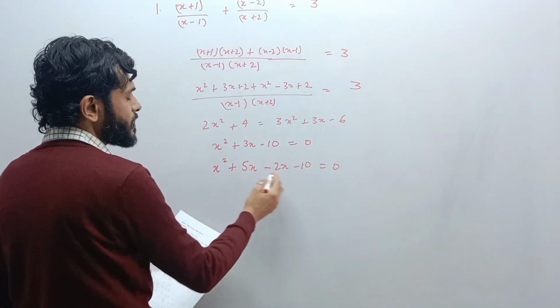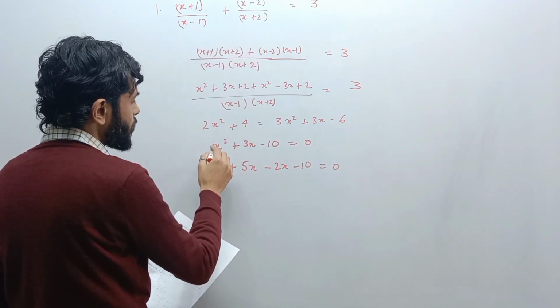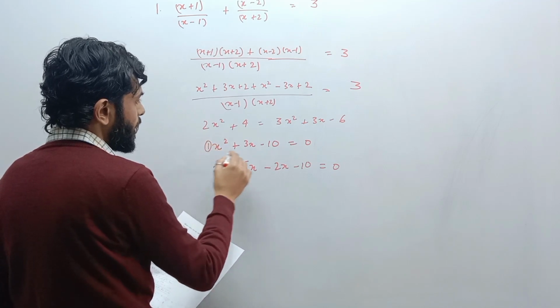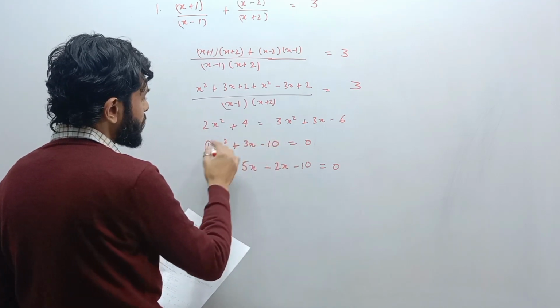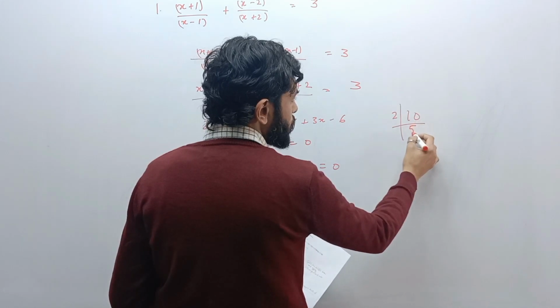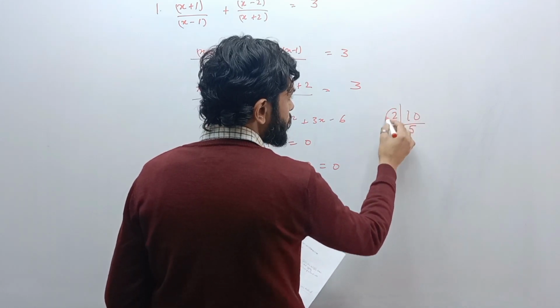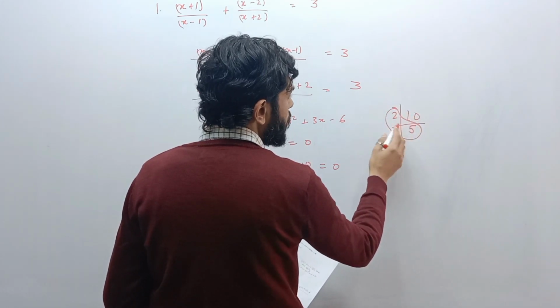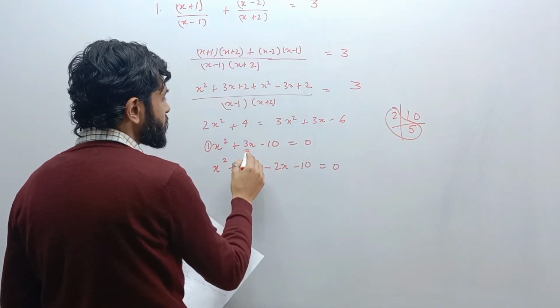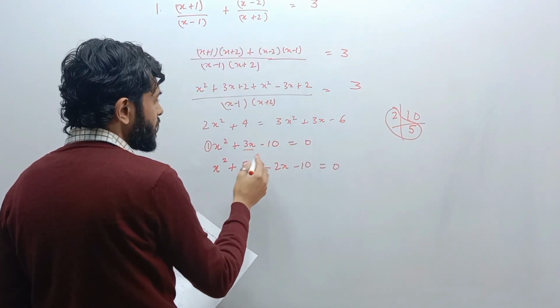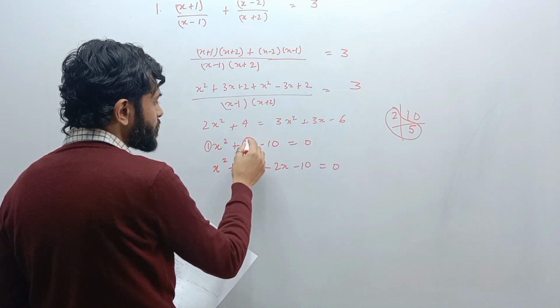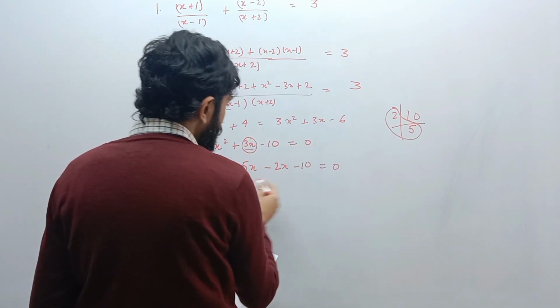So how did we write these factors? See, the coefficient of x square is 1 and here it is 10. So you multiply 10 by 1, you get 10. 2 fives are 10, so the factors are 2 and 5. And on addition or subtraction, we have to get this number 3. So 5 minus 2 is 3. Hence we are splitting this middle term into 2 terms, so we get 2 factors.